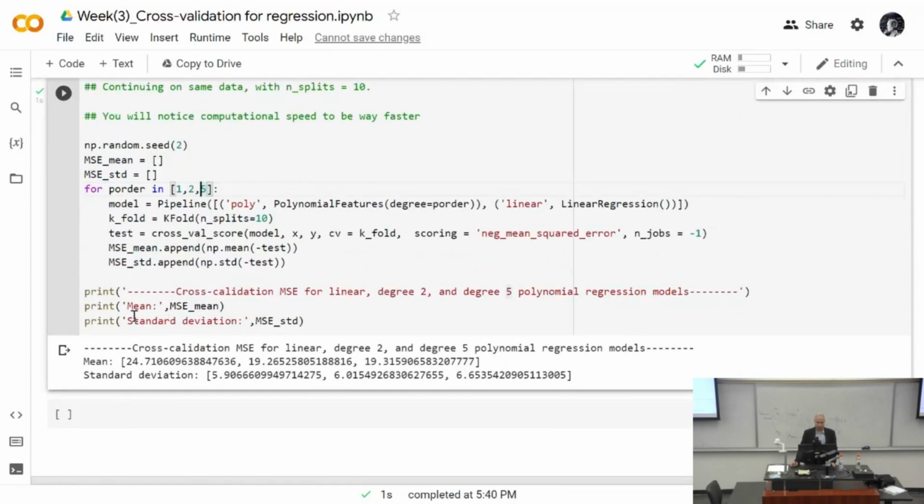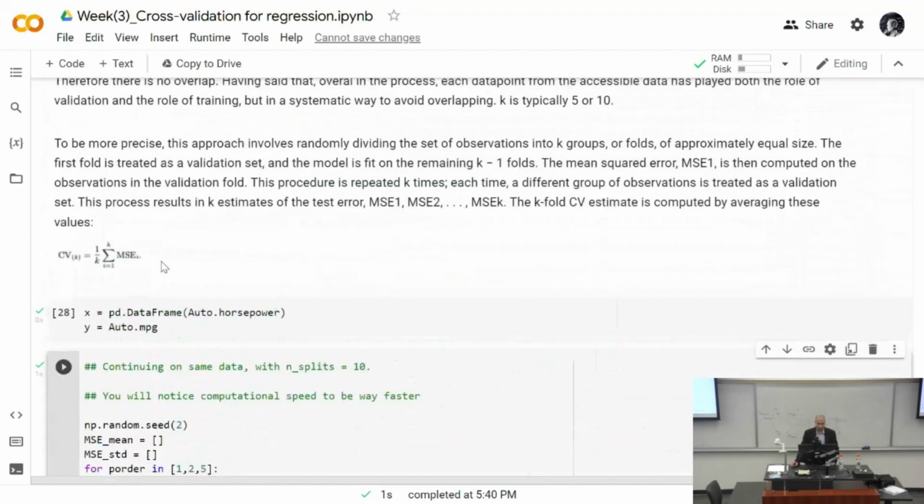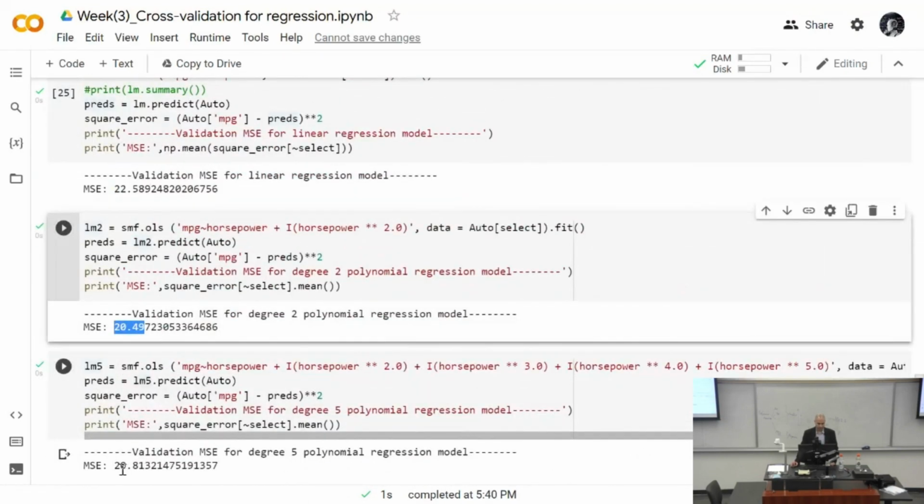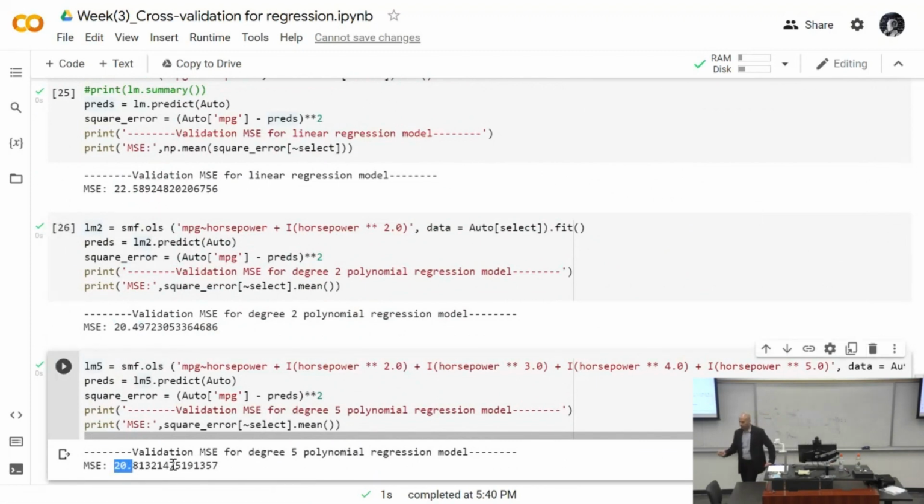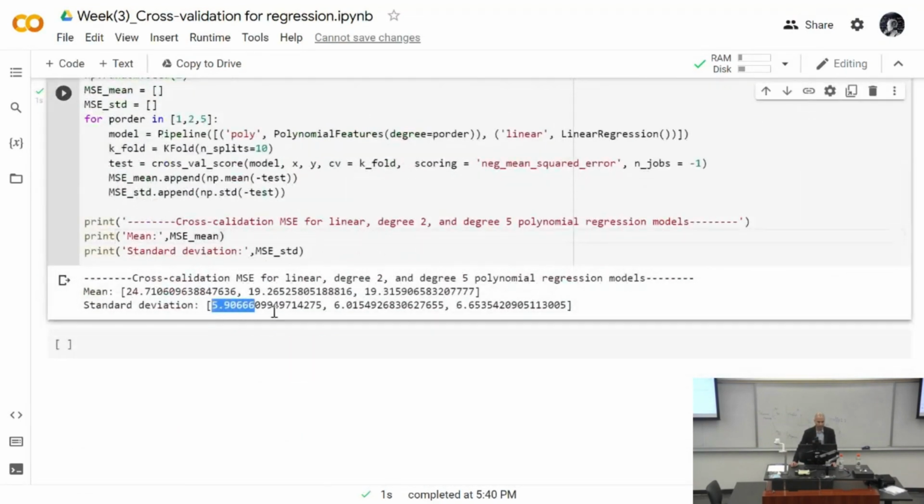And with cross-validation, not only do we get the mean, but we get the standard deviations. This is the part that I was a bit confused about. So you can see that the mean is 24 for degree 1, it's 19.2 for degree 2, and it's 19.3 for degree 5. And actually these measurements are much more reliable than these measurements, because if we repeat this cross-validation with a different random seed number, we get very similar numbers. But for the validation set, we get different values. And there are also these standard deviations. So these standard deviations are like those mysterious error bars that I had in my notes. So let me